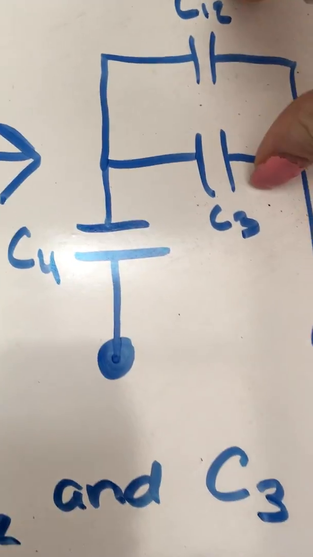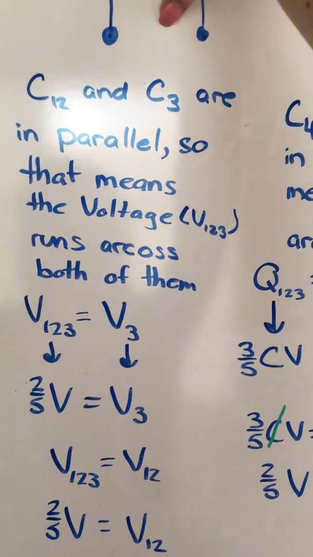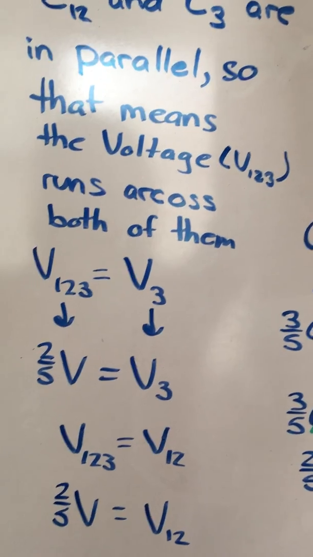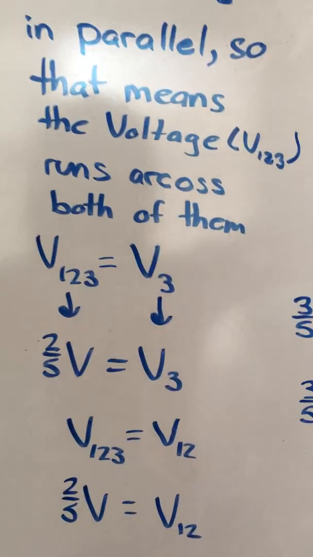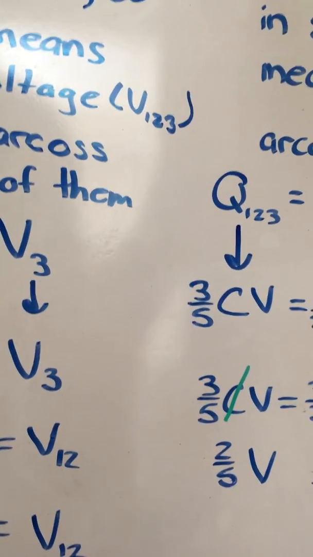This time it's in parallel. So that means that instead of the charge being equal across the two capacitors, the voltage is going to be the same across both of these capacitors. So for capacitor C12, it's going to have the same magnitude of voltage as V123, which we